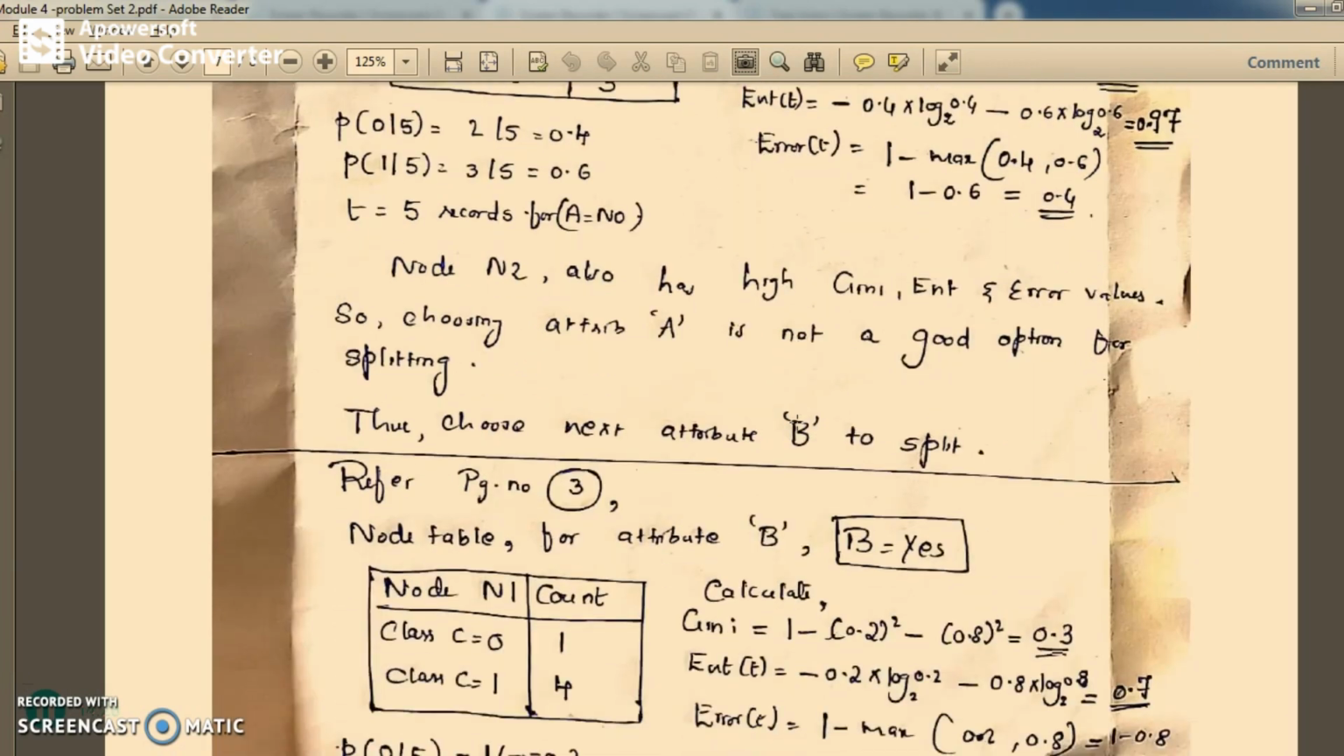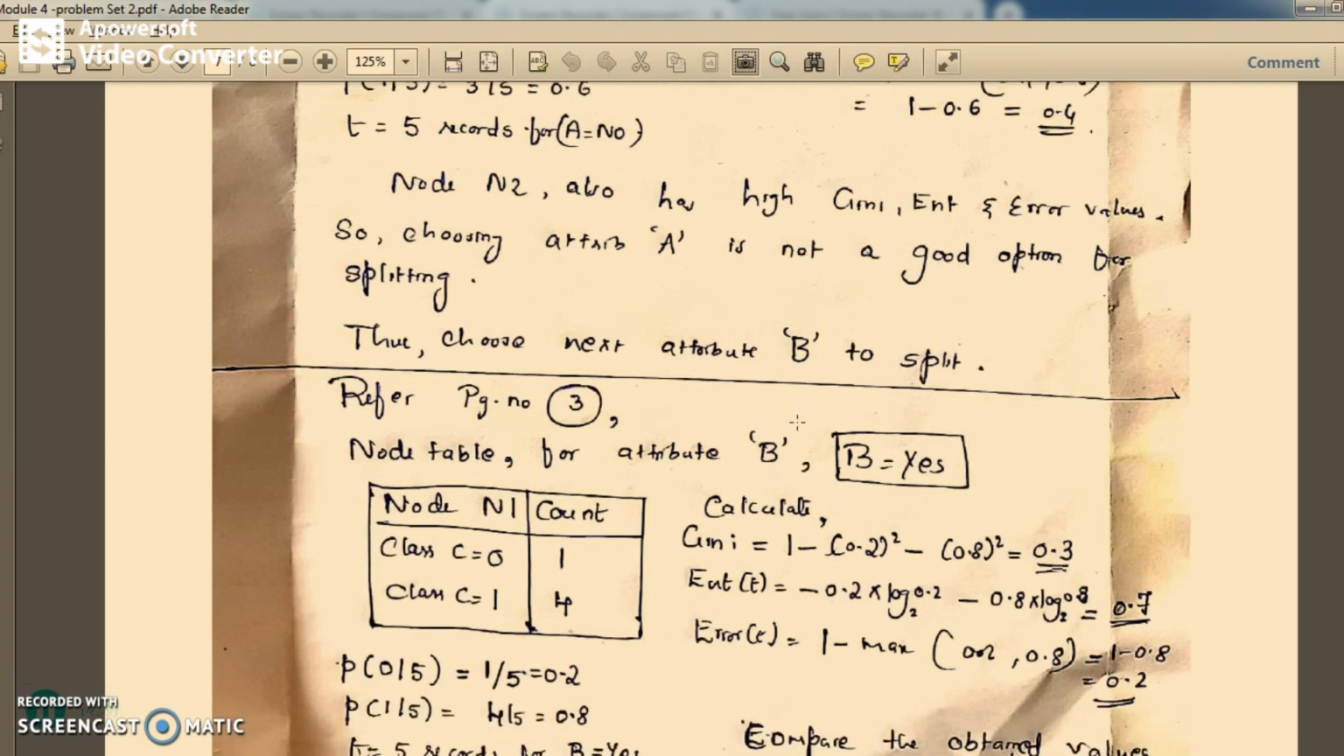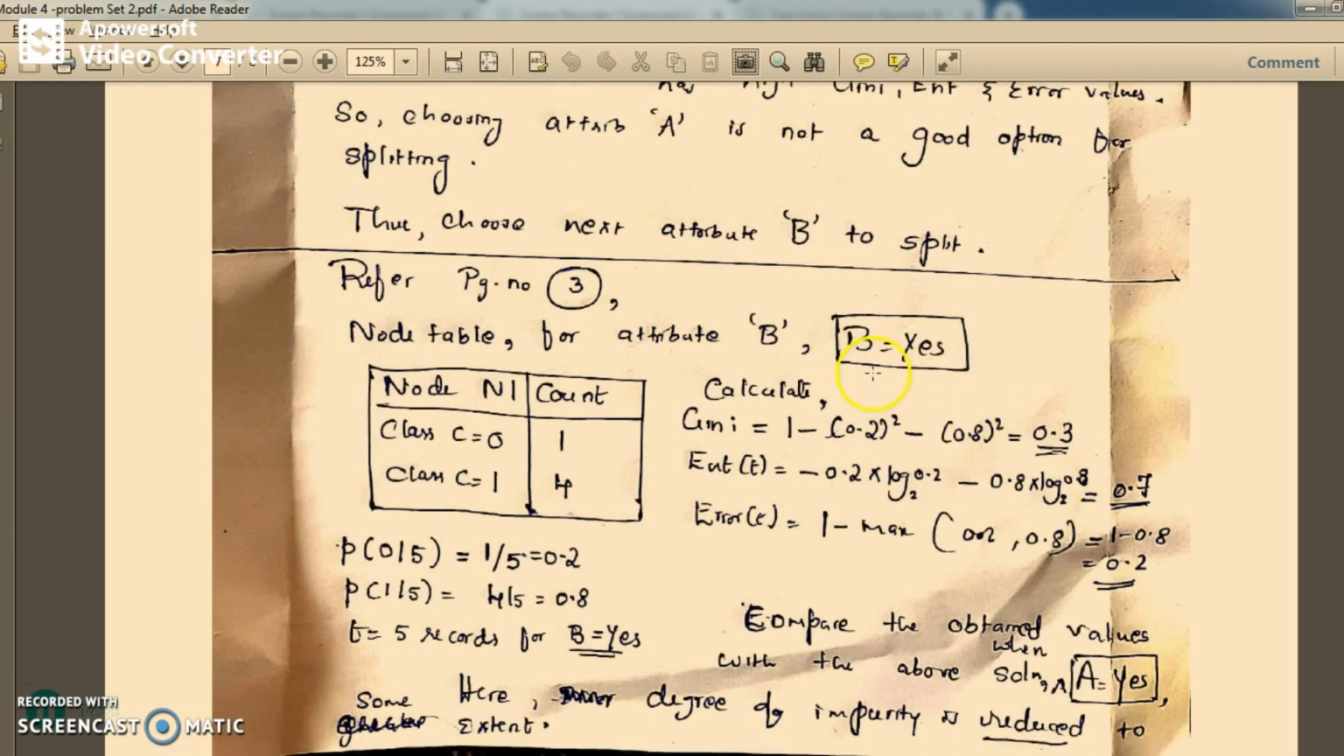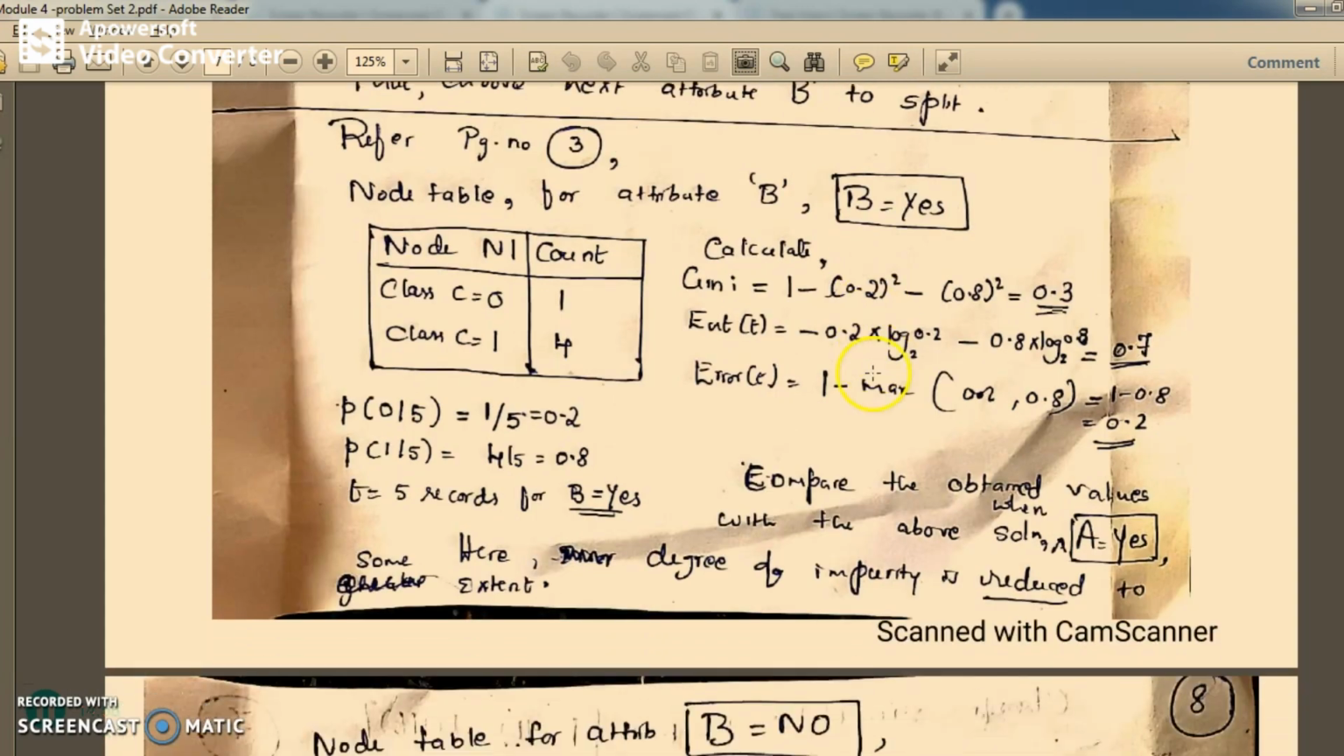The splitting is already done, so the same thing continues. Node n1 is written in the form of a table. This time it is for attribute B, whose value is yes. Again you calculate the Gini, entropy and error and see the answers: 0.3, 0.7, 0.2. Is it not less compared to node 1 of attribute A? Yes, of course, it is less. That means the degree of impurity has decreased when you have chosen attribute B. And again now you continue your